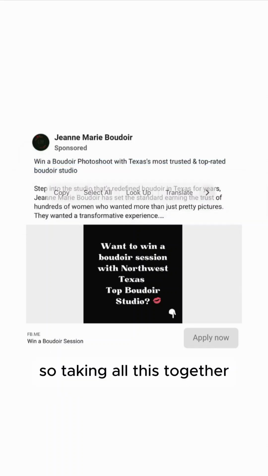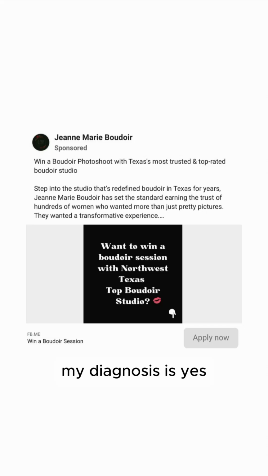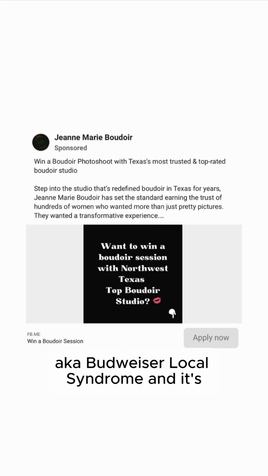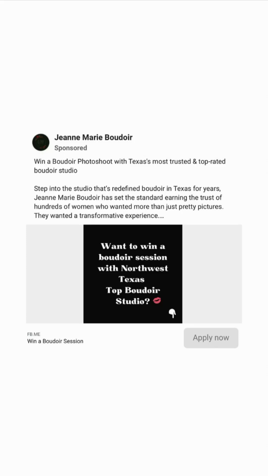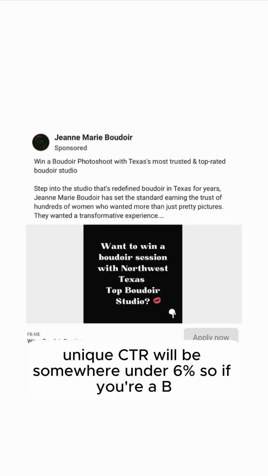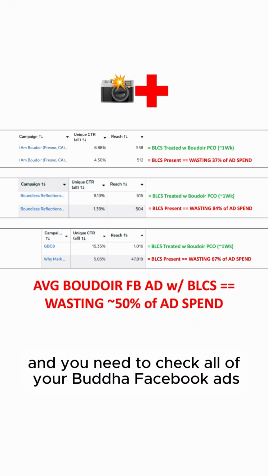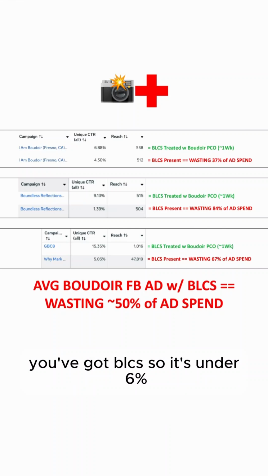So taking all this together, my diagnosis is yes, I do believe this Boudoir Facebook ad does have BLCS, aka Boudoir low click syndrome, and its unique CTR all will be somewhere under 6%. So if you're a Boudoir low click advertiser and the unique CTR all of your Boudoir Facebook ads is under 6%, you've got BLCS,